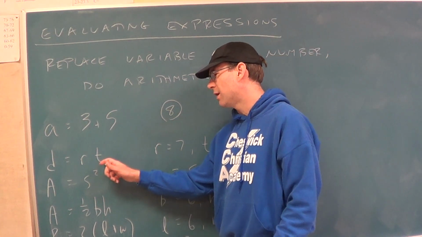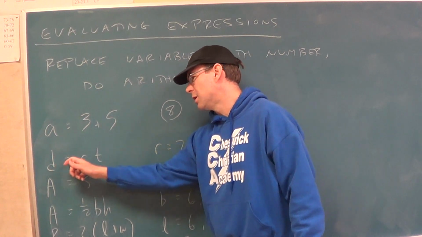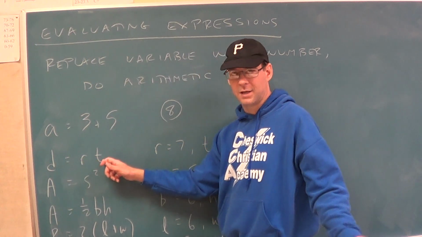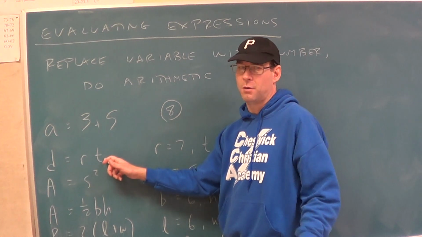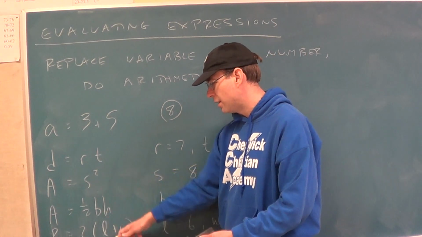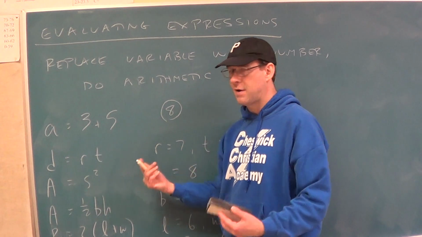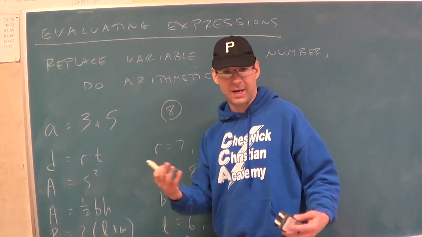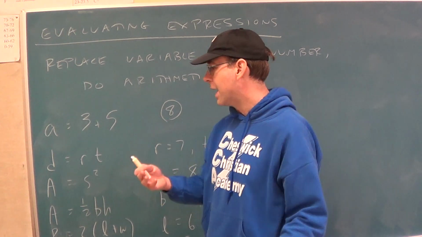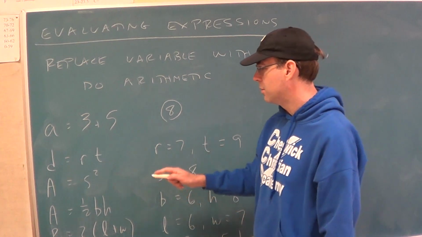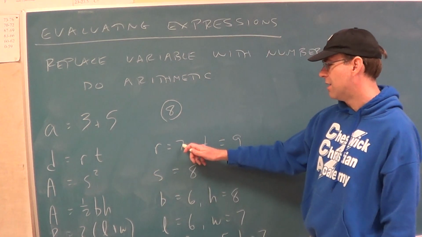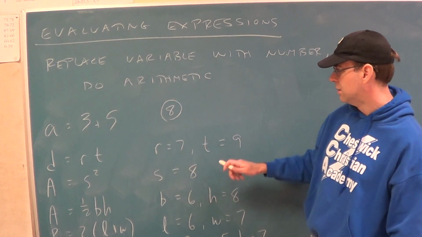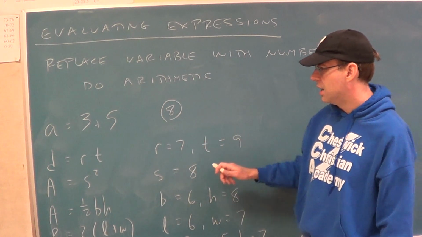This is an actual thing called the distance formula. Distance equals rate times time. You'll see that again in your algebra career. But it doesn't matter if you know what the formula represents. But all of these do represent something. If I were here in person, I'd ask you to try to guess what the formulas were, and we can interact, and we might get some of them right, but we can't do that right now, so I'll just tell you. But for this one, if I tell you that the R represents 7 and the T represents 9,